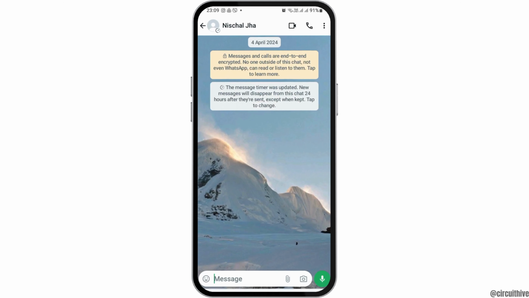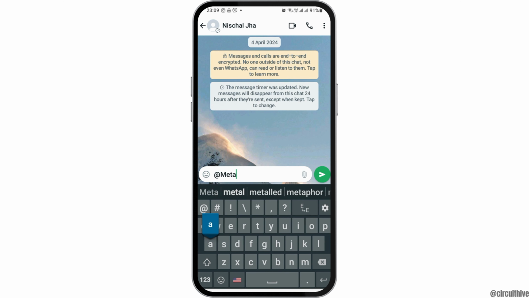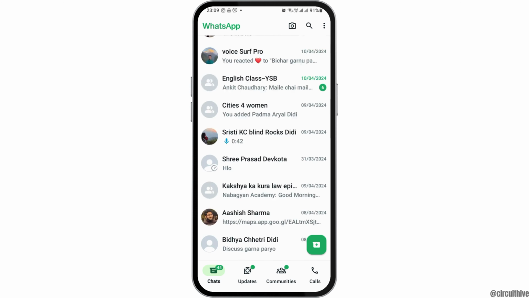So after you tap on the chat like this, now here you have to just go to the message icon in the message box on the downside, and in the downside you have to tap Meta AI and then send it. Now after you send it, Meta AI will be updated on your mobile device,